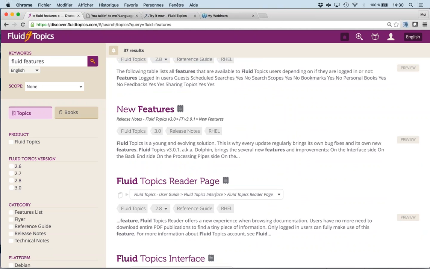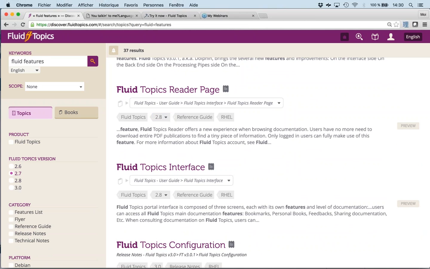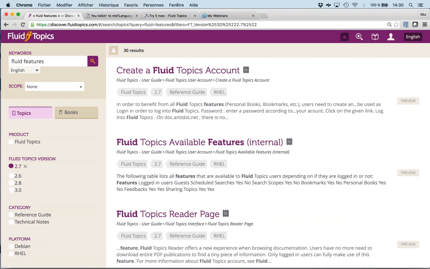But if I had topics existing in 2.6, my facet would filter at the same time topics and legacy documents coming from the other source. So we merge the facets and we merge the values so that the filters apply to all documents wherever they come from.